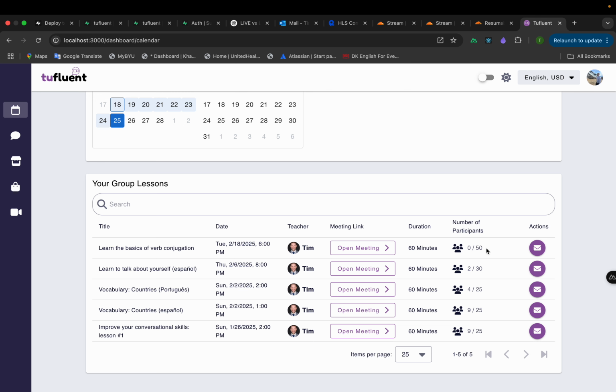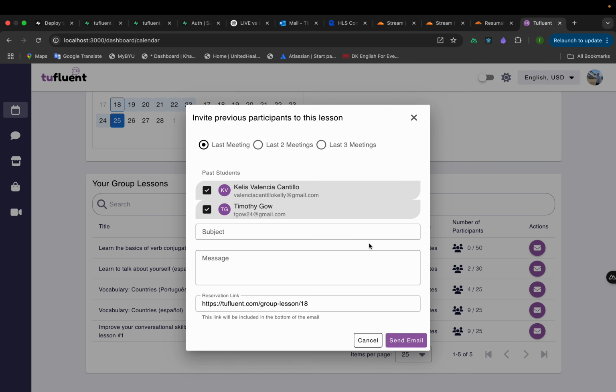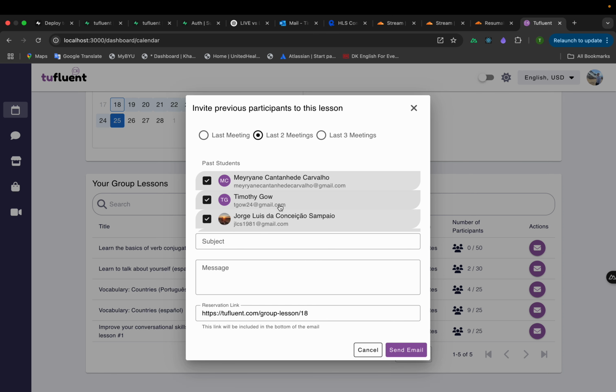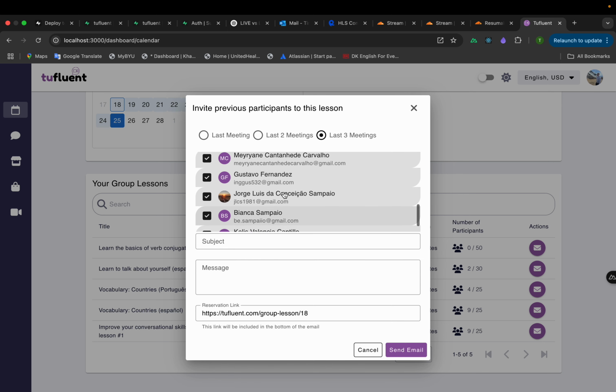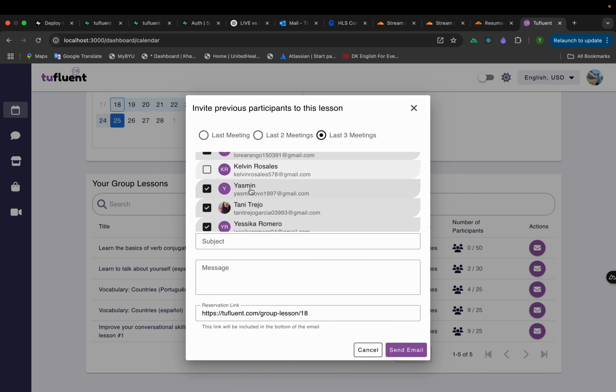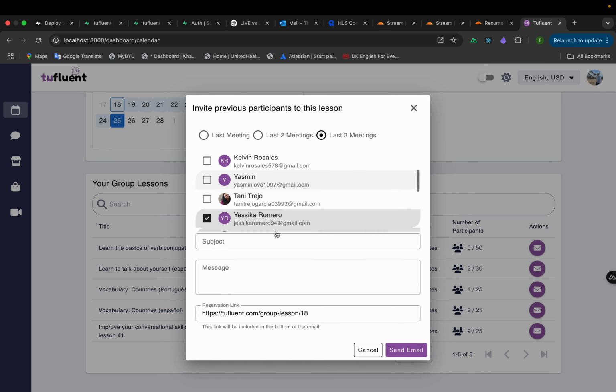So I'll open my group lesson, and I'll say, okay, I added in this action, invite previous participants to this lesson. So if I have an upcoming group lesson, I want other people I've taught in the past, in my previous group lessons, to be notified or aware that I have another group lesson. I can send an email. So maybe the last meeting or the last 2 meetings or the last 3 meetings, and then I can go and select, okay, maybe I only want these people, and then I give it a subject, a message,